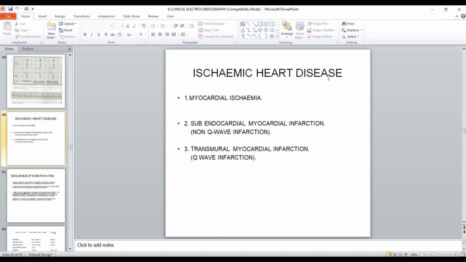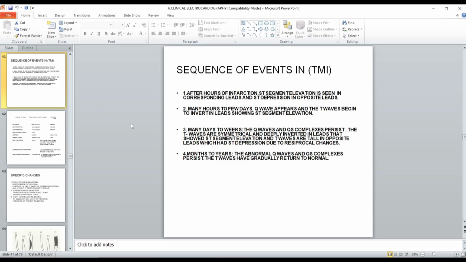Ischemic heart disease is due to occlusion of the coronary arteries, which may be partial or complete. The result is ischemia, that is, less blood circulation or no blood circulation. The effect on the myocardium is presented in the ECG in three ways: myocardial ischemia, subendocardial myocardial infarction, that is non-Q wave infarction, or transmural myocardial infarction, that is Q wave infarction. In transmural myocardial infarction, the earliest change is ST elevation in the